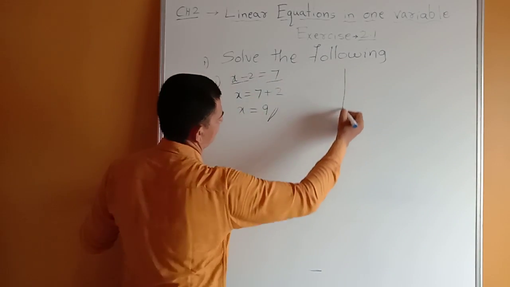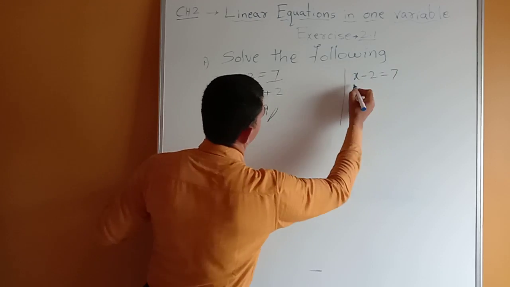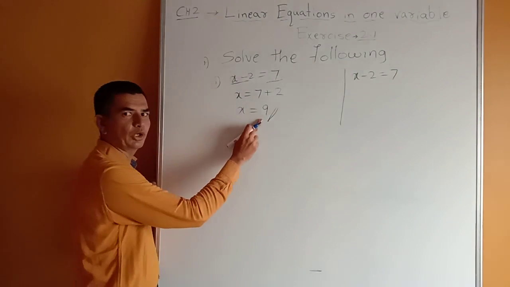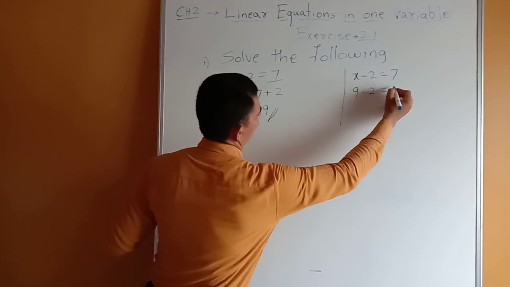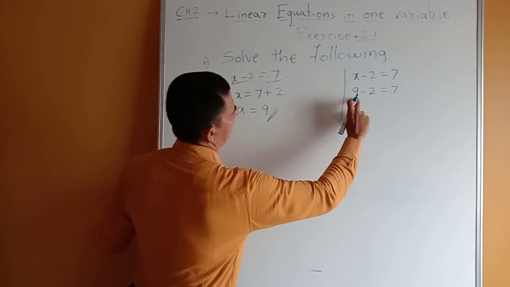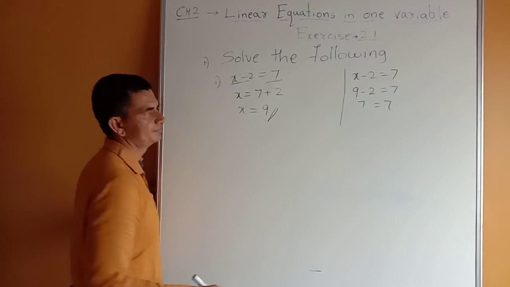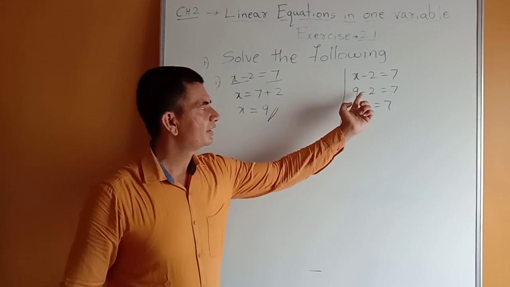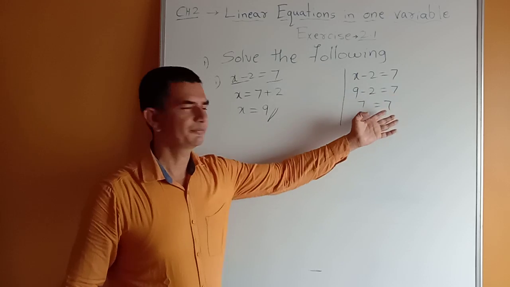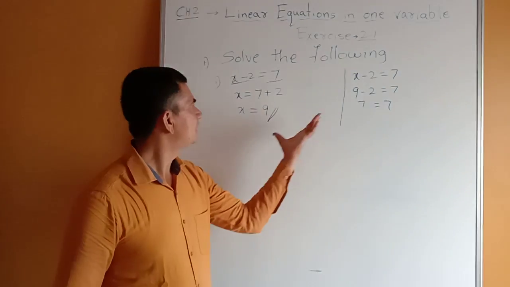Here you can check this one. x minus 2 is equal to 7. In the place of x, what answer we got here, we can take that, 9 minus 2 equals 7. Here 9 minus 2 becomes 7, equals 7. Like that, if you subtract this 2 from the 9, you will get 7. So this is to verify that, I already told you. Now let us